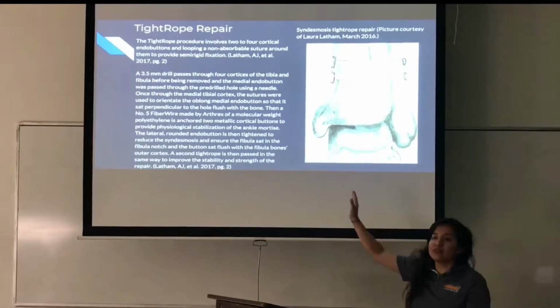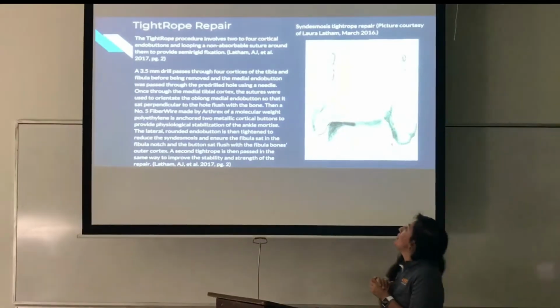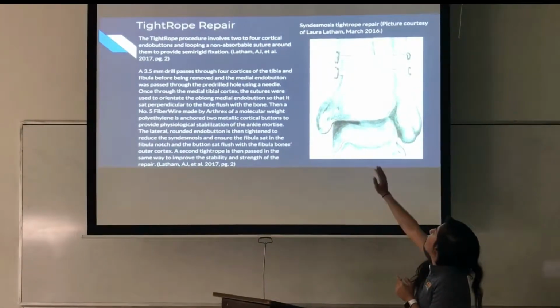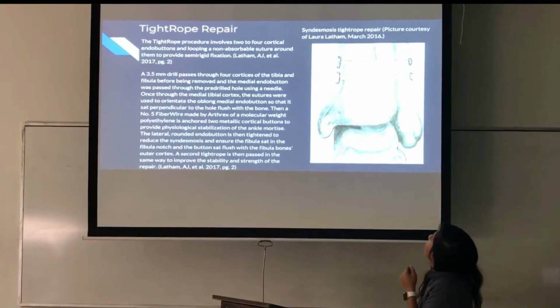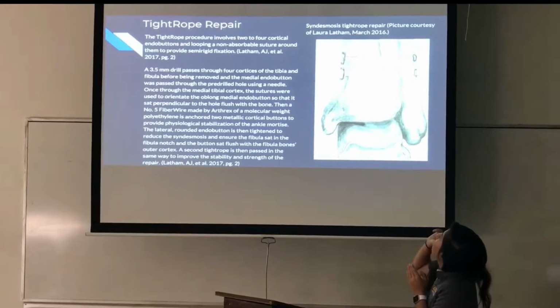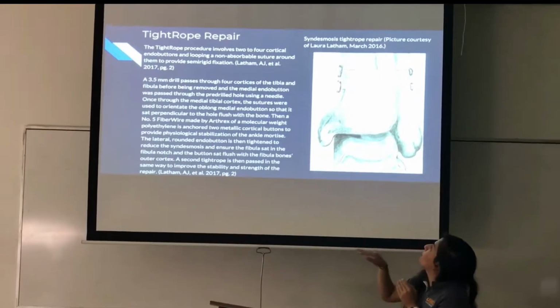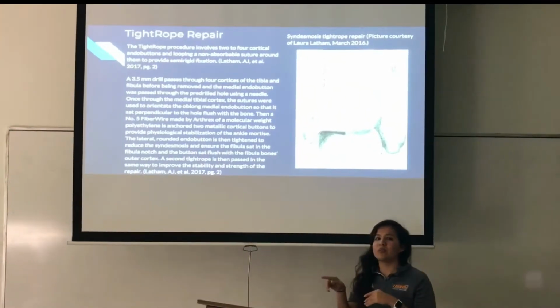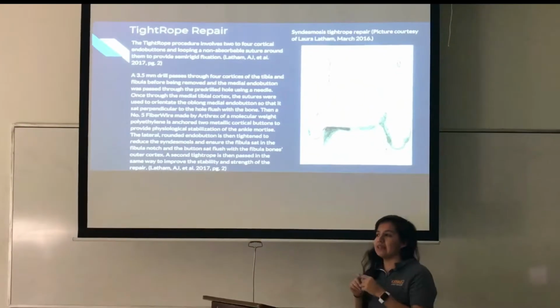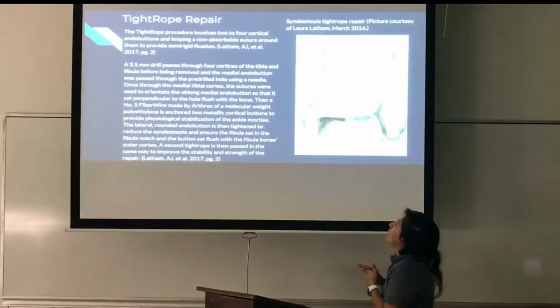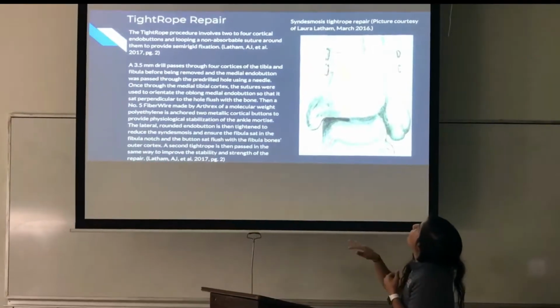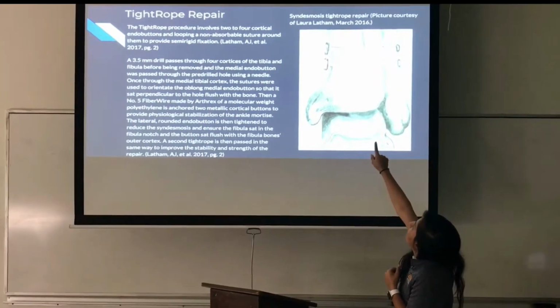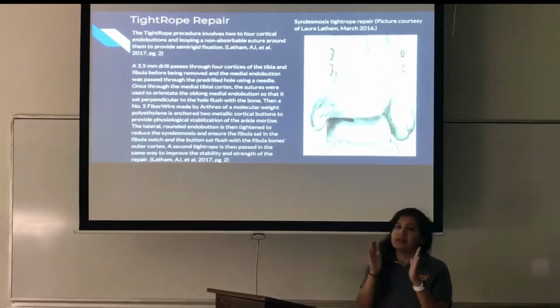This is just an overview of what the surgery is. Usually there will be a plate laterally, and then the tightrope will go in between the two bones, so a needle will go through the bone, kind of drill into it, and then allow the tightrope to go through it, and then have the endo buttons on the side to keep in